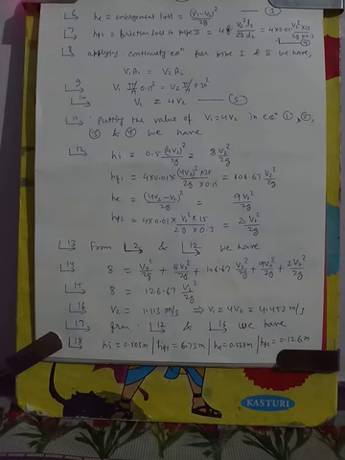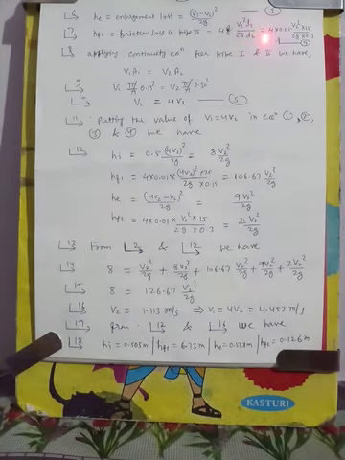And HE is the enlargement loss when flow enters from the small pipe to the large pipe, that will be given by V1 minus V2 whole square by 2g. Say this is equation 3. And HF2 is the frictional loss in pipe 2, that will be given by 4f V2 square L2 by 2g D2, and that will be equal to 4 into 0.01 into V2 square into 15, that is the length of the pipe, over 2g into the diameter of the pipe 0.3. Say this is equation 4.